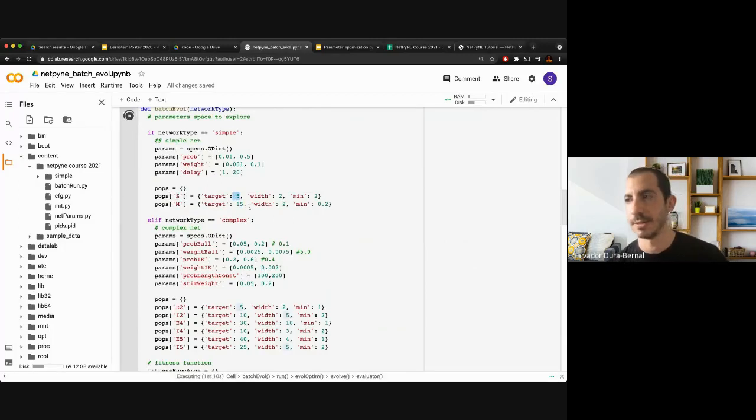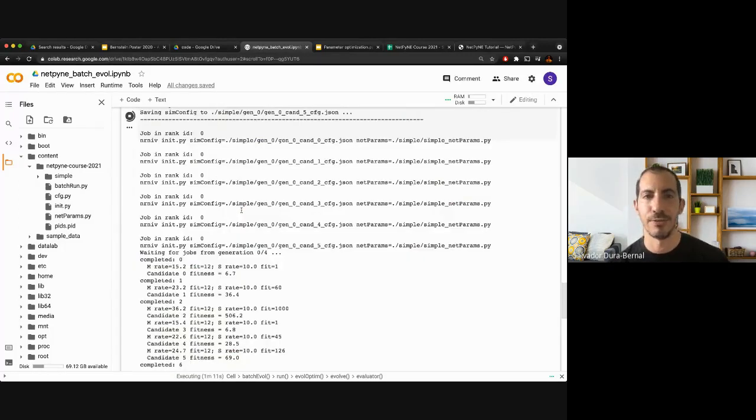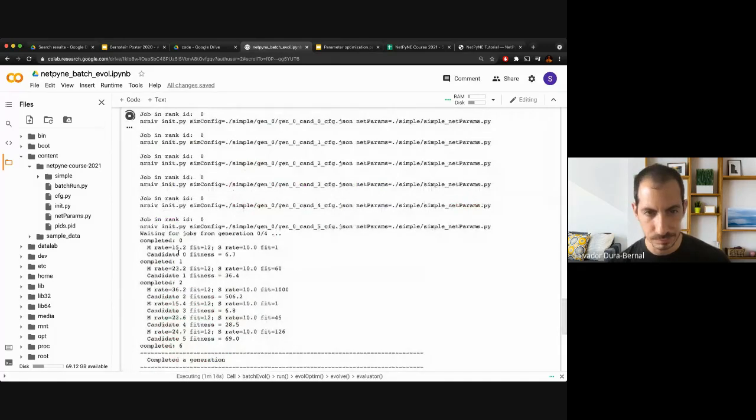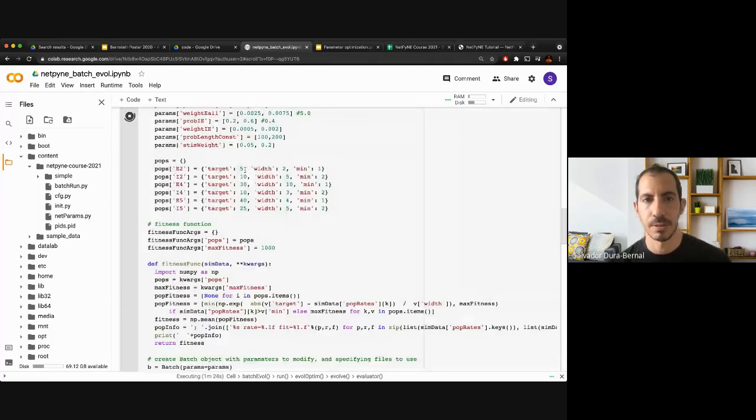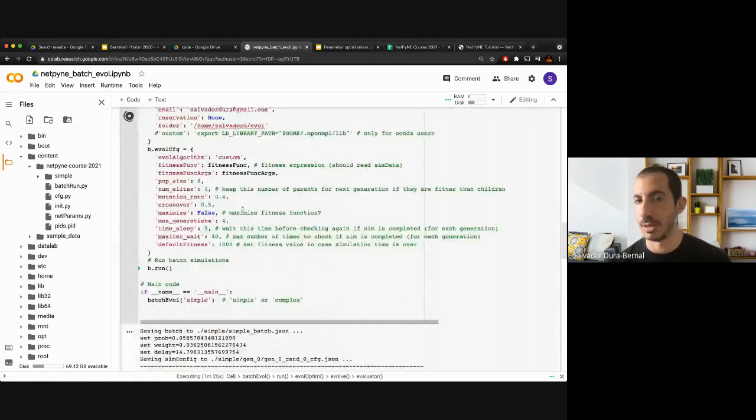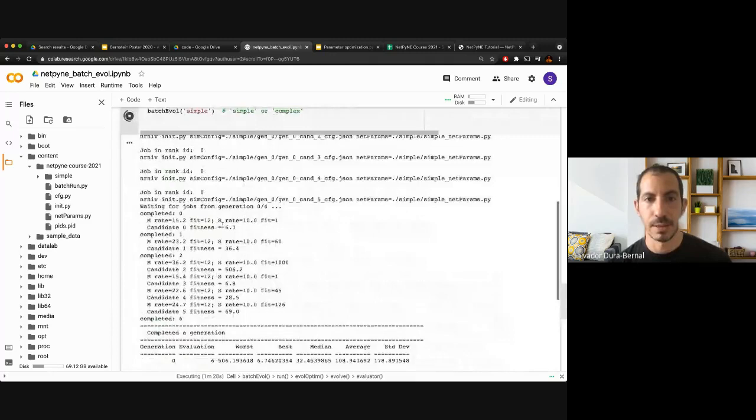And based on this, NetPyNE will calculate a fitness error value. So for example, here you see the M population was 15.2 Hertz. So that's pretty good. And the S rate,